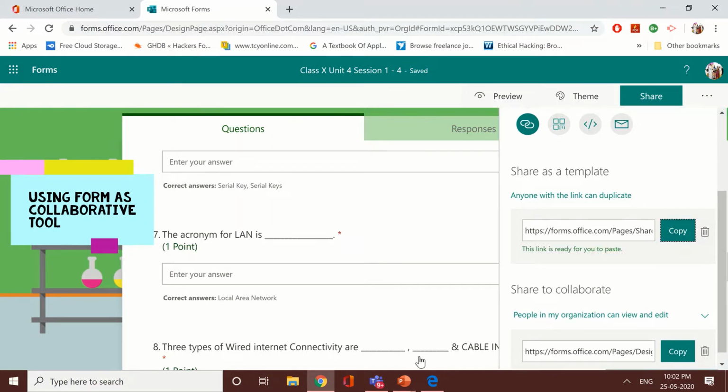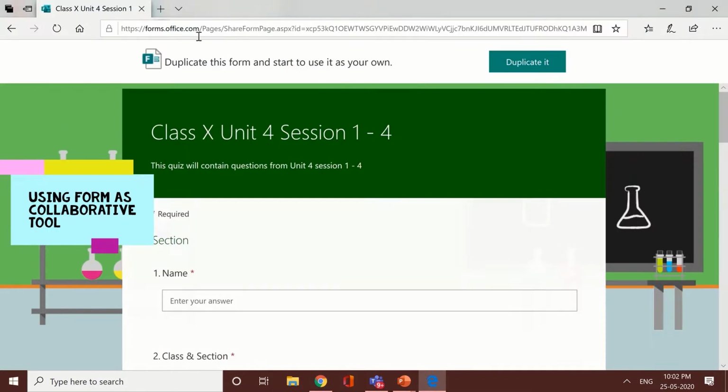When I say copy and I paste this on browser window, or I can send this to my peer teachers by the means of WhatsApp or by mail. So when they click on this link, they can duplicate this form and can have their own editing. They can delete the question, they can change the question, they can modify the question, or they can add the question.